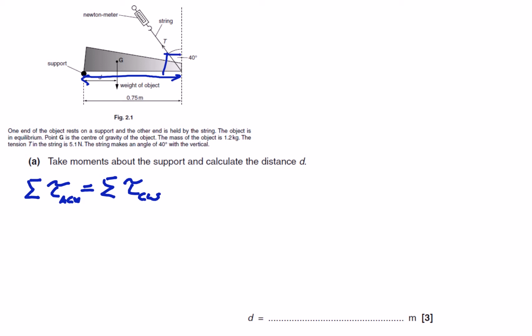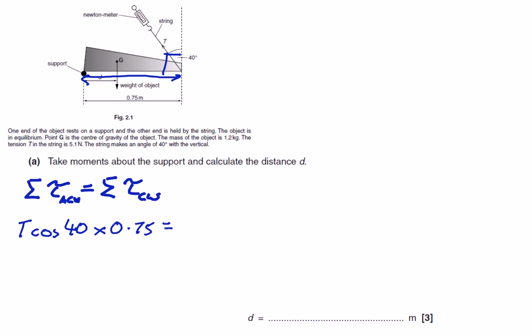So because T here is not perpendicular, we need to know what component of T is perpendicular to this 0.75 meters. So I would say that then is going to equal T cos 40 multiplied by my